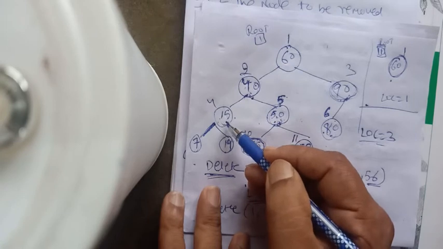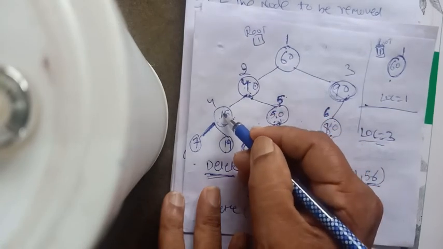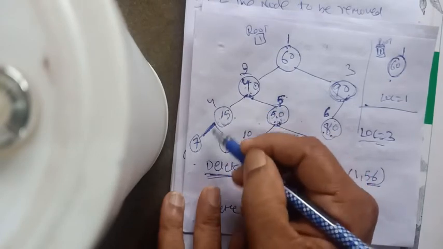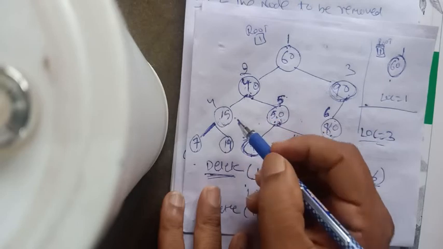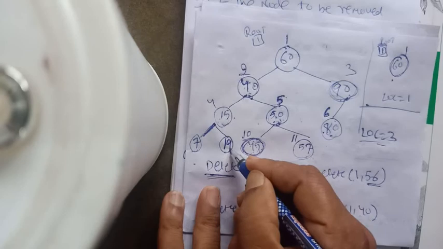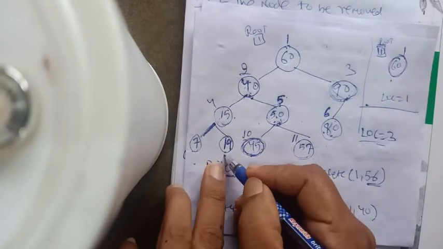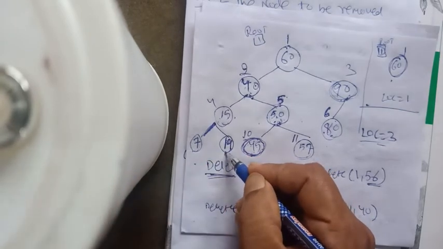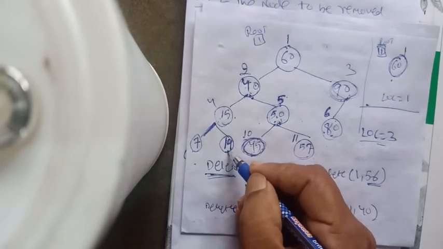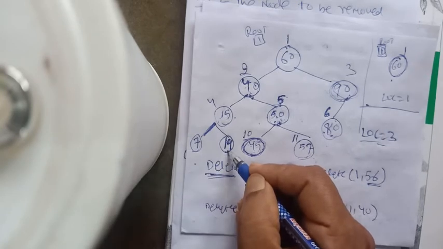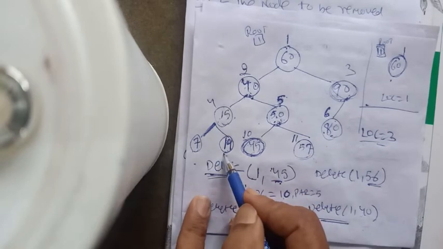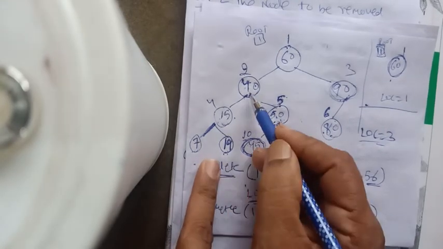This is one case. So you can move to the left subtree of 40 and find the largest value in the left. And what is the largest value in the left? See, 15, 7, 19. So what is the largest value? 19. See, when you pick the largest value, what happens? That largest value node could be either a leaf node, here it is a leaf node, or it has just a left child, because I am saying this is the largest value in the left of 40.